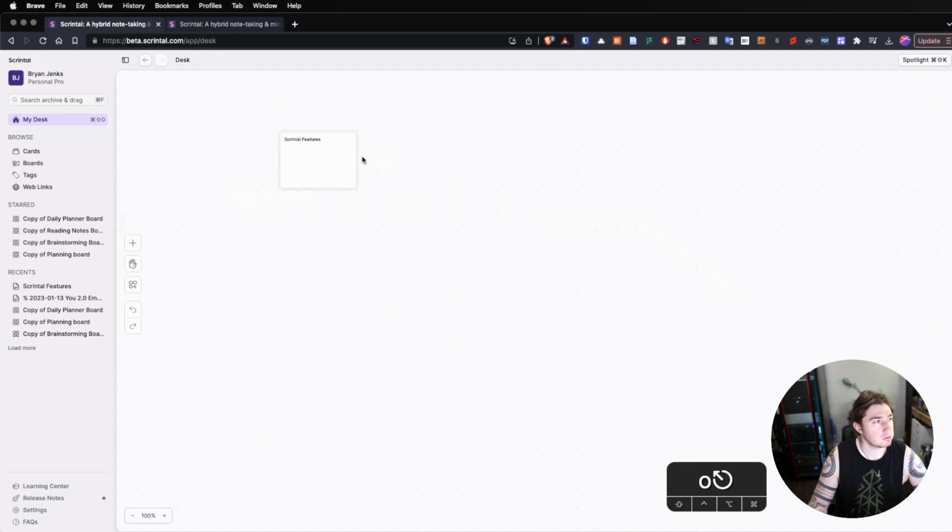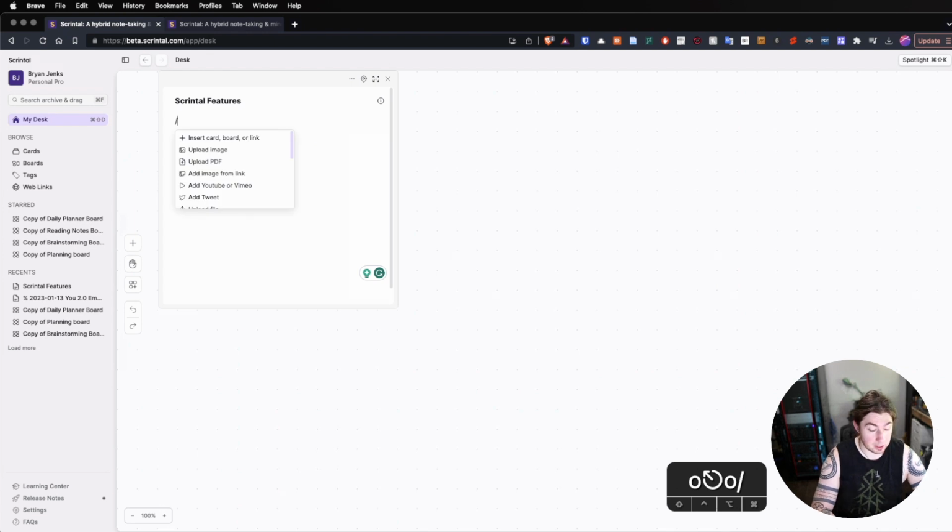So this is Scrintal. One of the things that I really love about Scrintal thus far is that there are a plethora of hotkeys. And if you know me, you know I love hotkeys, which makes it very easy to just get productive things done, get your hand off the mouse, and just speed through actions on an application. So I can add a list here. Let's do a bulleted list. And what are the things that I like? Well, for one,